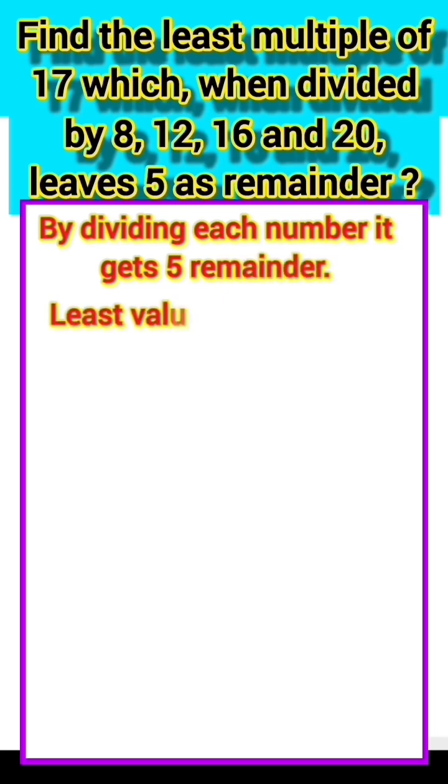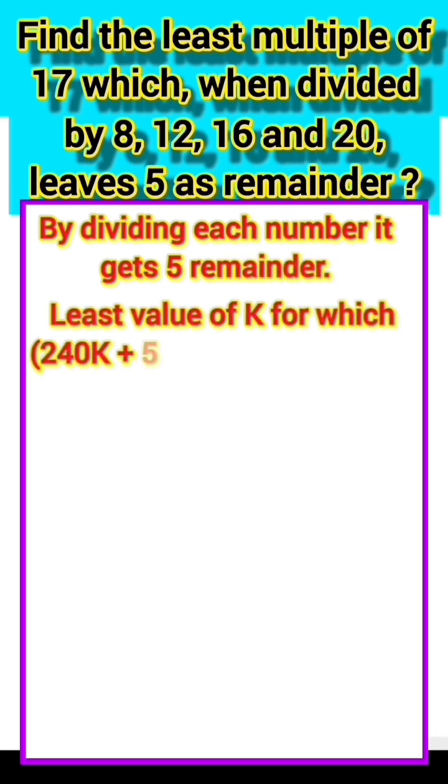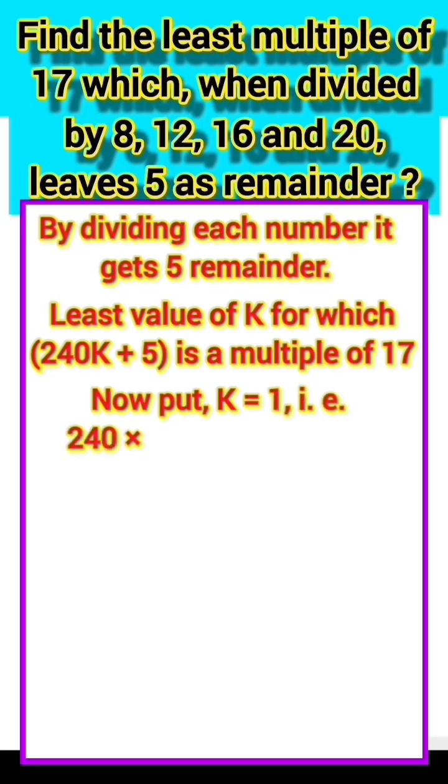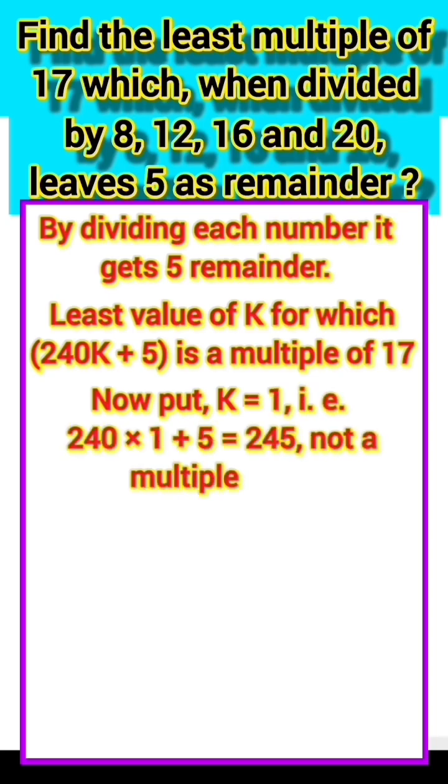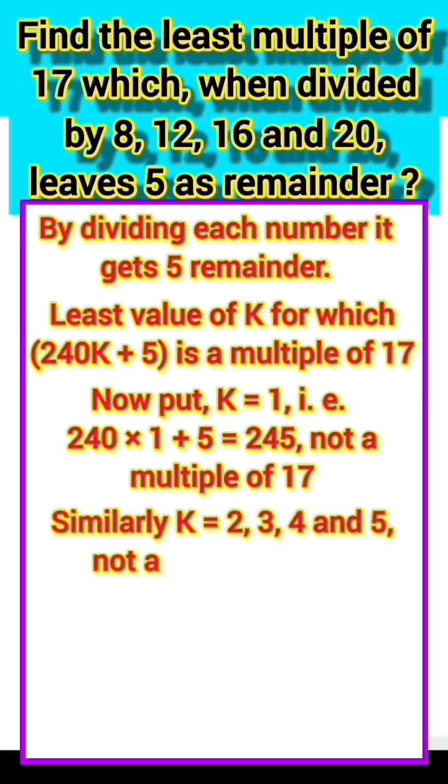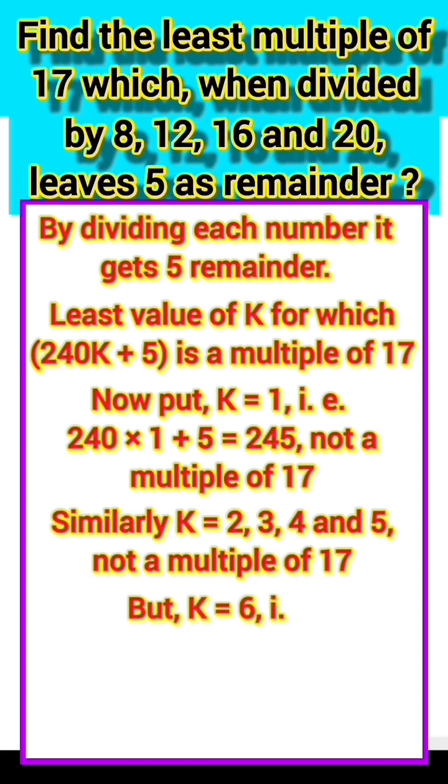Least value of k, for which 240 k plus 5 is a multiple of 17. Now put k equal 1, that is 240 into 1 plus 5 equal 245, not a multiple of 17. Similarly, k equal 2, 3, 4 and 5, not a multiple of 17, but k equals 6, that is 240